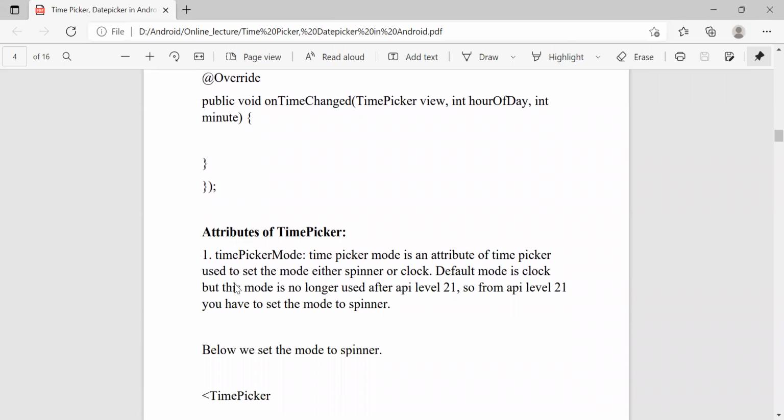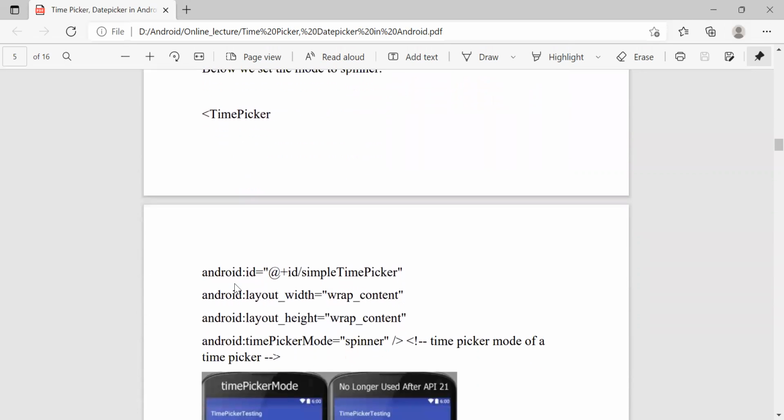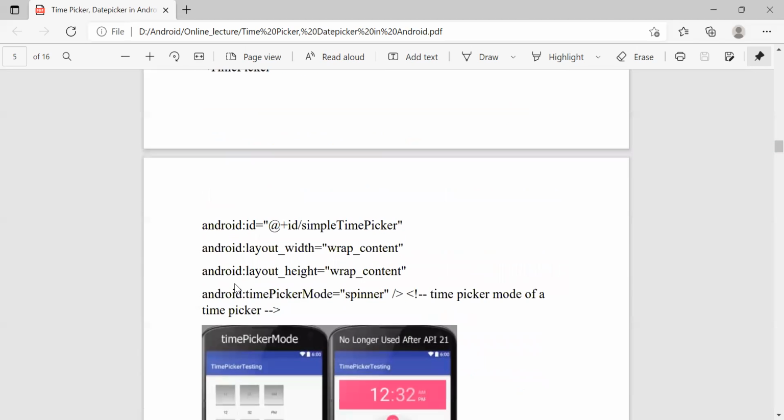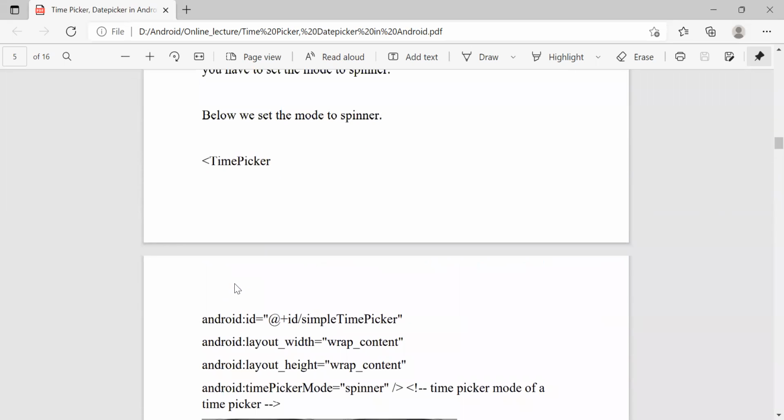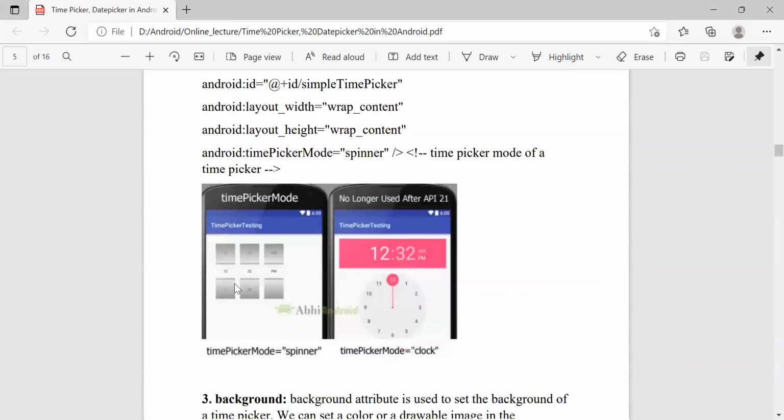Next point is attributes of the time picker. The first attribute is the time picker mode, which we can set as spinner or clock mode. If it is spinner, then it will look like this. If its value is clock, then it will look like this.